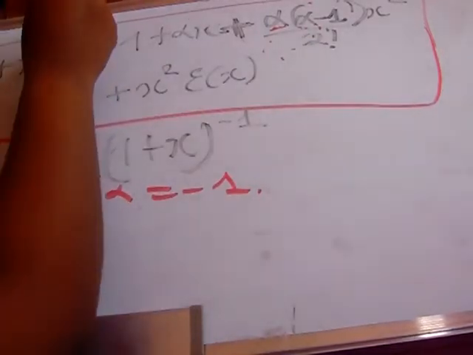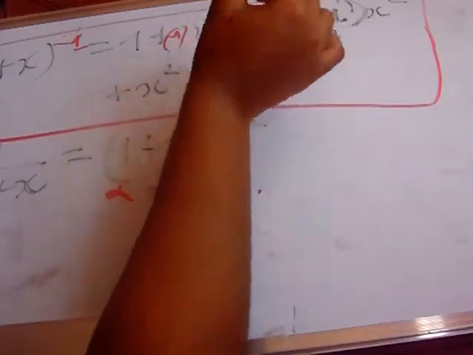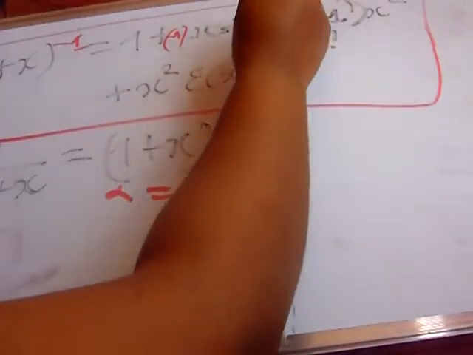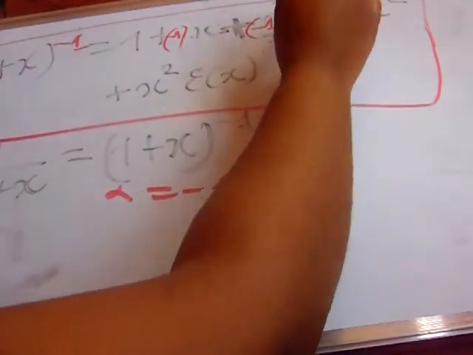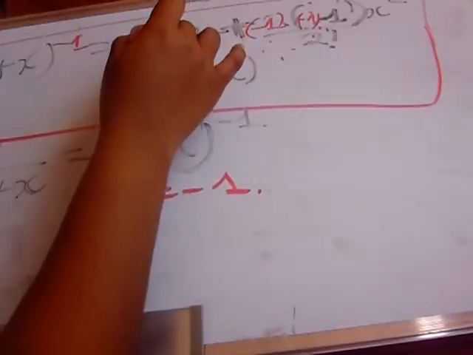So I replace this with minus 1. So this would be a negative 1. Here I'll have a negative 1. Here I'll have negative 1 as well. Remember there's a negative here before. So if I have that, this would be